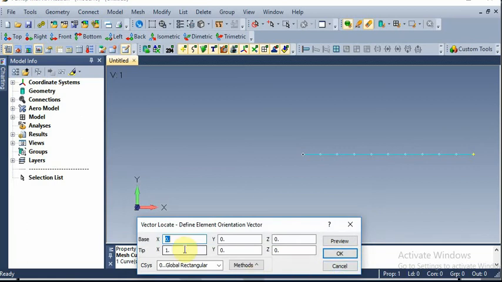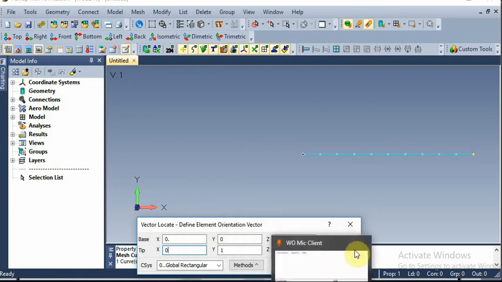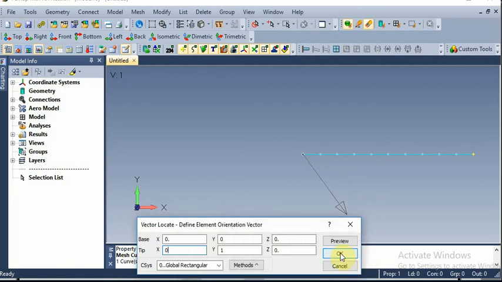Nodal vector values are y equal to 1, all others are 0. Sorry, not here, it should be at the tip. Okay.